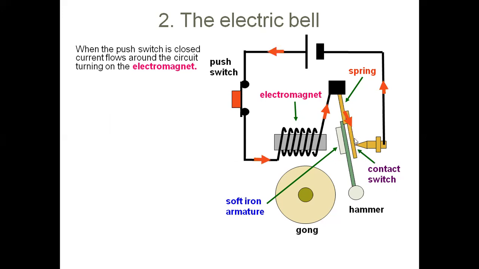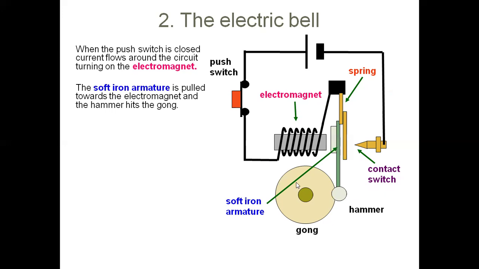current was flowing. Due to the flow of current, it is strongly magnetized and attracts. This is the iron armature actually. This is iron attached to it. So this iron is attracted, carries the hammer along, and the hammer goes and hits the gong, and contact at this point is broken. Means no more current flows. So what will happen? This is springy material, so that will return. This will bring the hammer back to its position, and